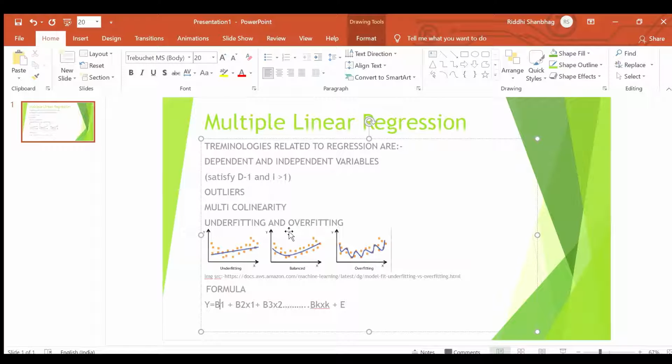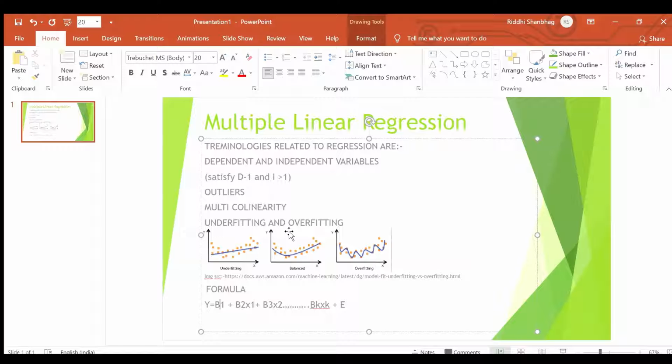So the second terminology is outliers. Outliers are observations that fall far from the cloud of points. It is nothing but basically the odd one out. So outliers give wrong direction to the expected output. So it basically talks about extremities like too small or too large. So outliers are basically bad for our algorithms.